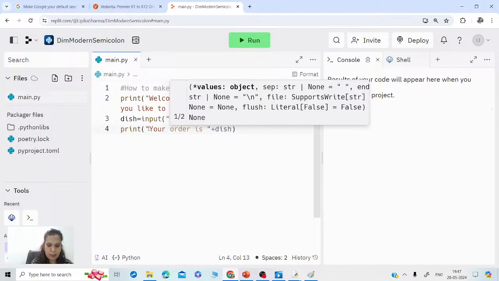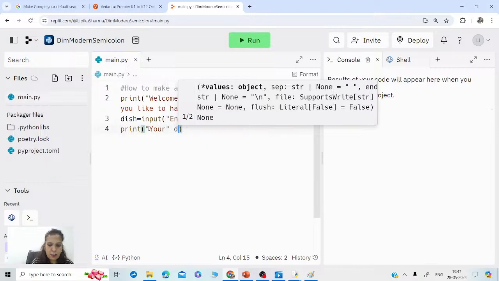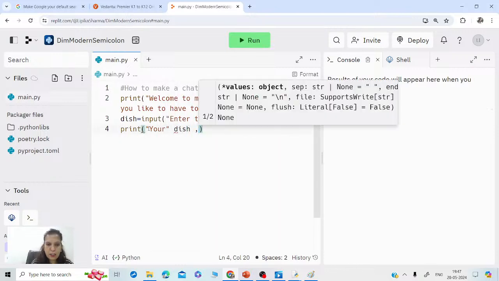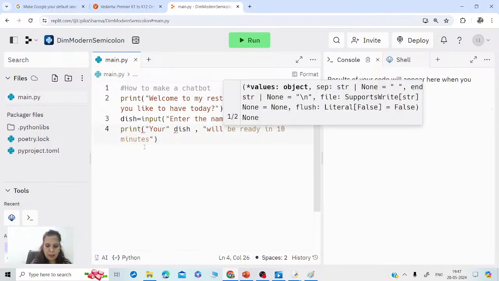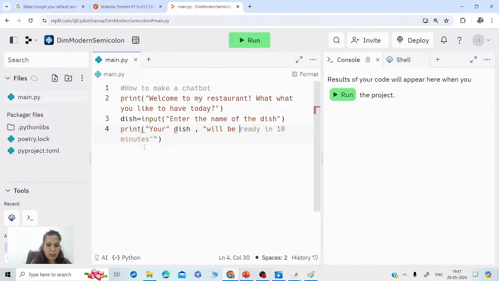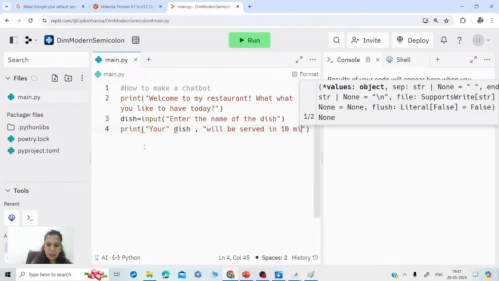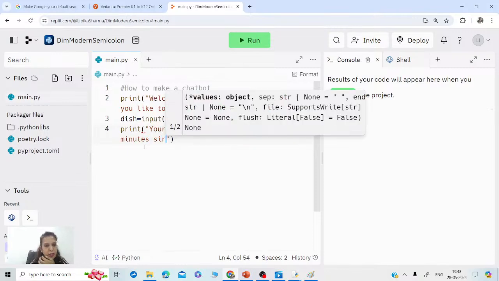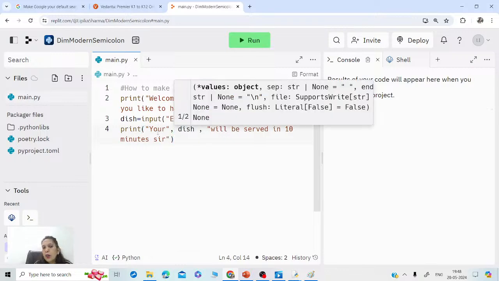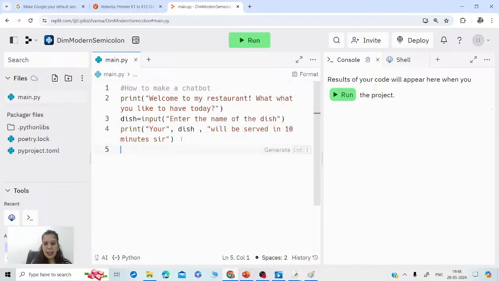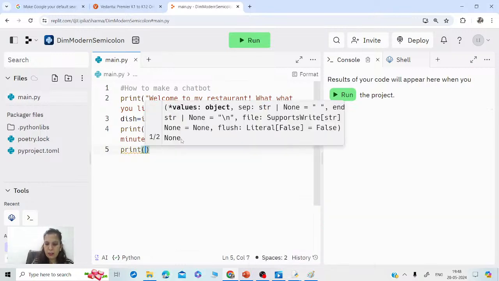Your dish will be served in 10 minutes, sir. Okay, and then you can close off the bracket. You can do like this. Okay, so your whatever dish will be served in 10 minutes, sir. And then the next line again, print